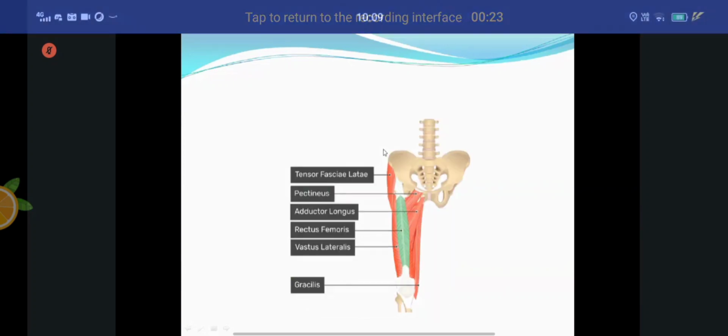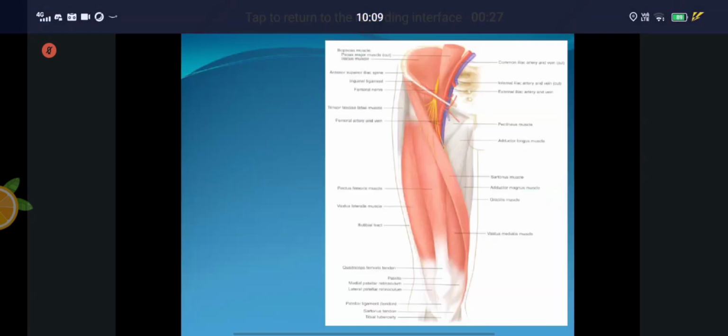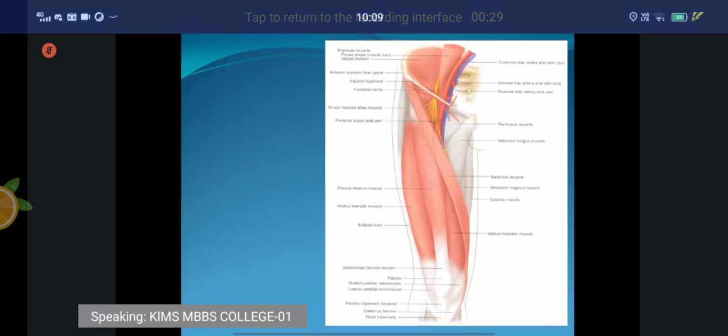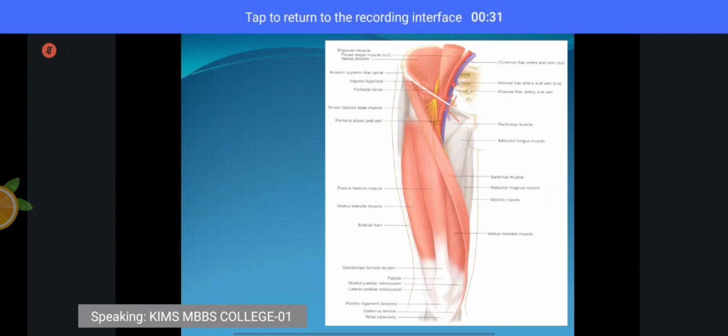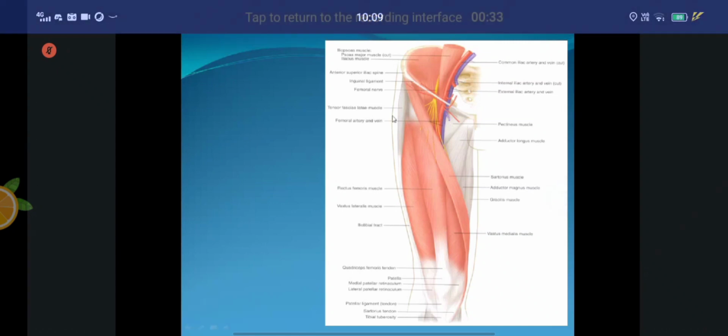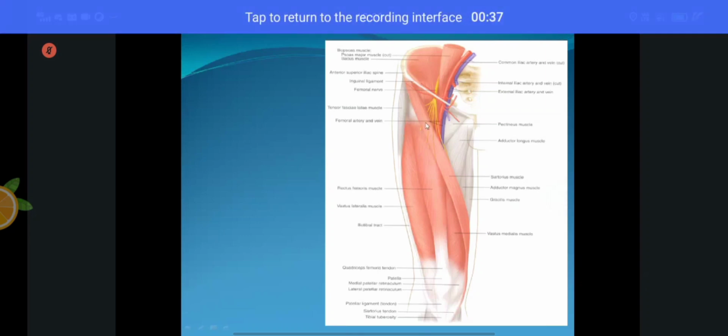We are speaking about the extensor compartment of the thigh. Extensor compartment of the thigh. So now in the extensor compartment of the thigh, what are the muscles you come across? The first muscle which you see here is the